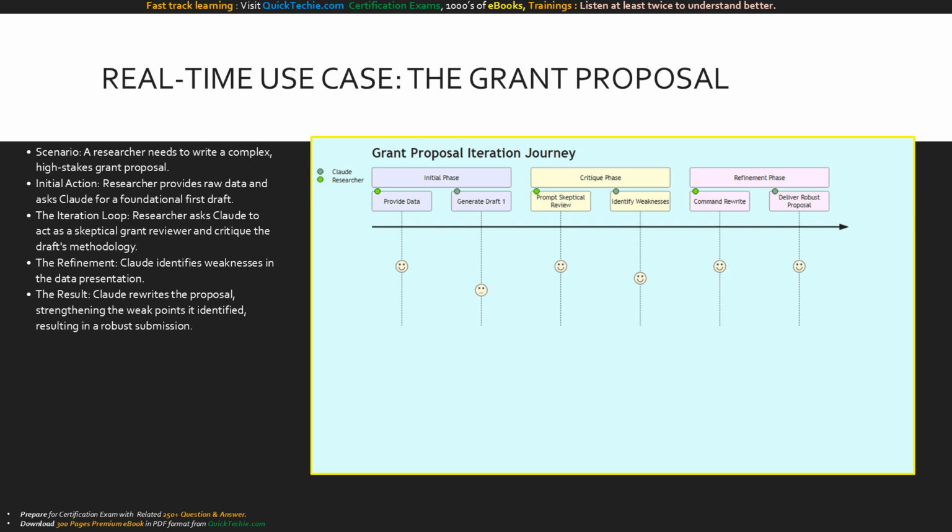This journey map tracks our researchers' experience through the iteration process. In the initial phase, the researcher enthusiastically provides data, and Claude generates a baseline draft. Moving into the critique phase, the researcher challenges Claude to perform a skeptical review. Claude successfully identifies critical weaknesses in the logic. Finally, in the refinement phase, the researcher commands a rewrite based on those very weaknesses, and Claude delivers a robust, highly polished final proposal. It is a seamless journey from raw data to a winning submission, powered entirely by iterative